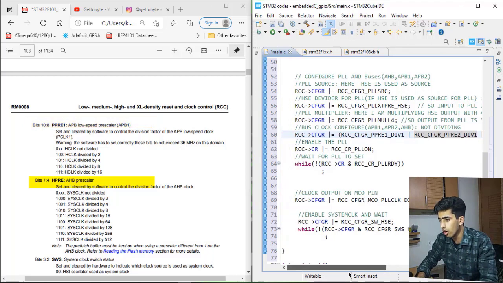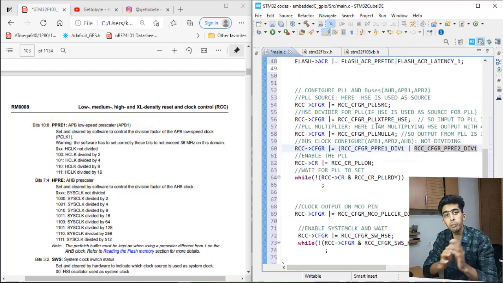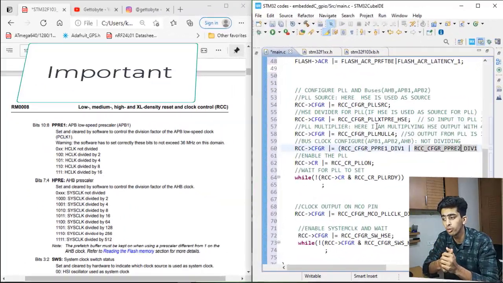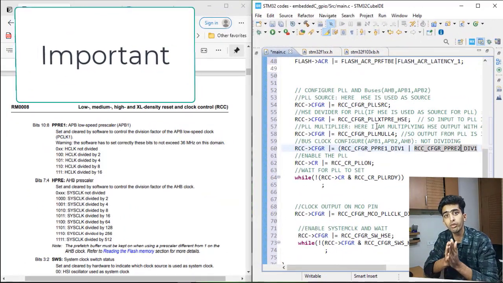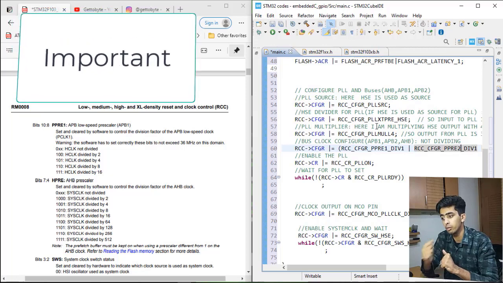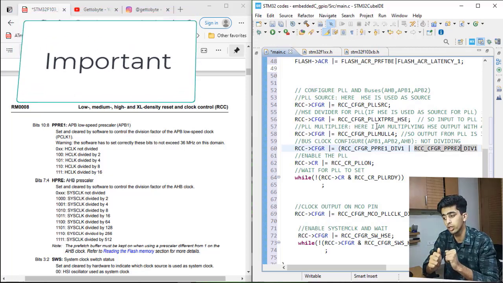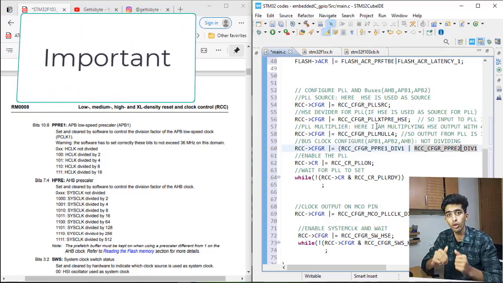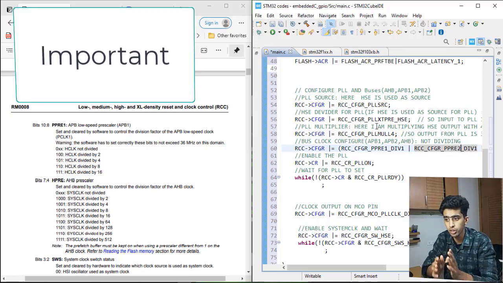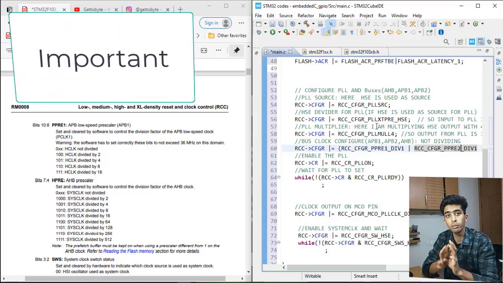Now as I have configured all my PLL, its source, multiplication, divider, bus prescalers and also the things for APB1, AHB, APB2, now I will enable my clock and wait for it to set. Then I will enable my system clock and wait for it to set, and that's all you have to do for the clock configuration in the microcontroller for simple GPIO.